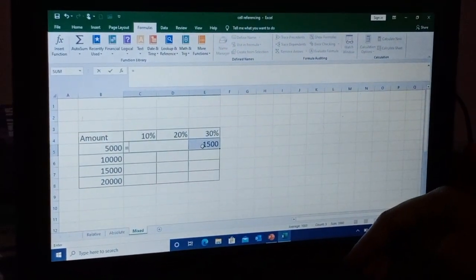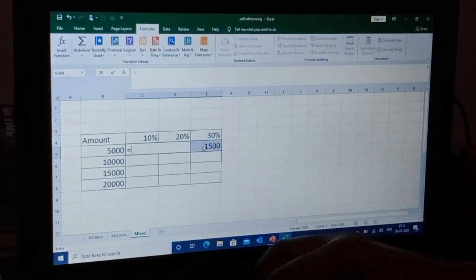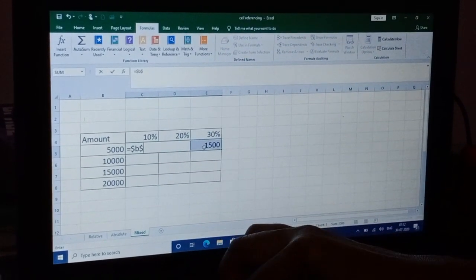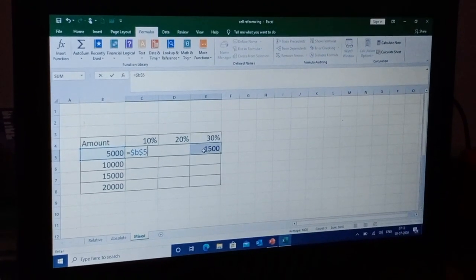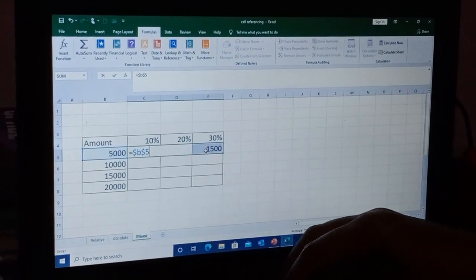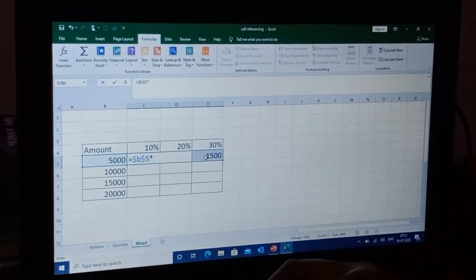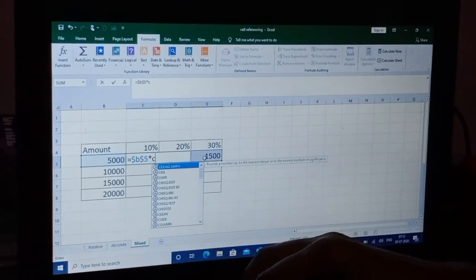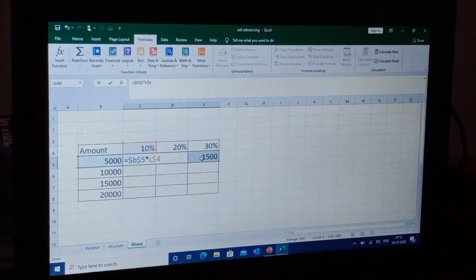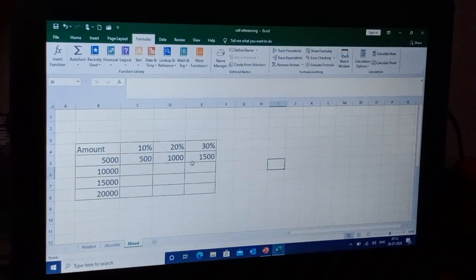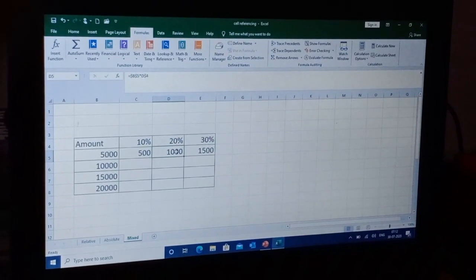So $B$5 into C$4. Press the Enter key. And now you can drag and copy the formula.